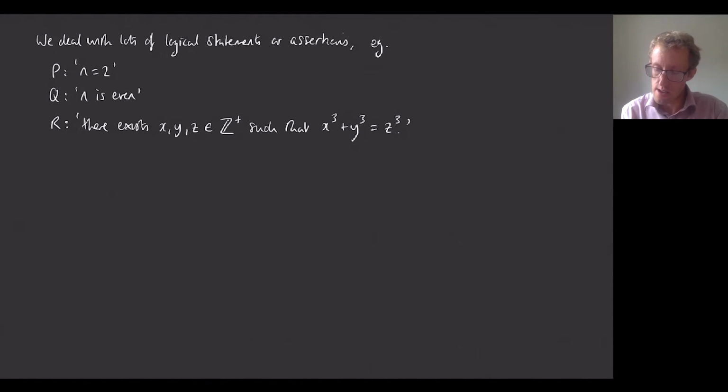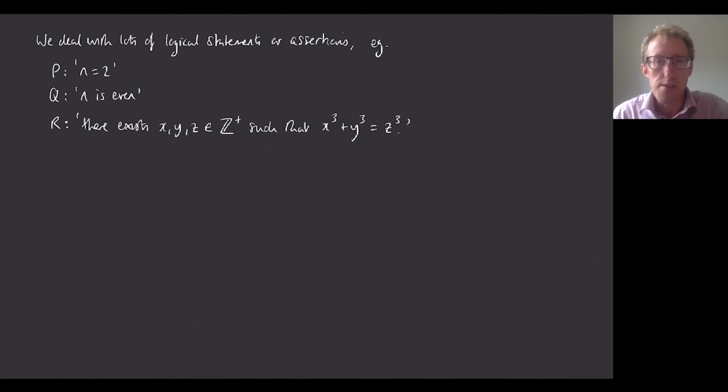And in this case, the first two statements here, the P and the Q, depend upon n. In fact, sometimes we write those as P of n. We did that when we were doing proof by induction in the first lecture. So whether or not P and Q are true in this case would depend upon n. The statement R here doesn't depend on anything. It's just a statement, and it's actually false, as you may be aware. And that's Fermat's last theorem. But we have to be able to work with these statements, whether they're true or false.